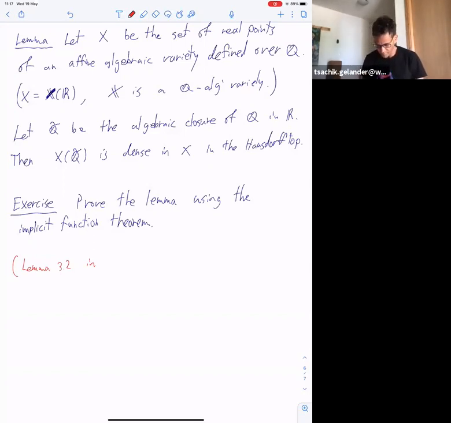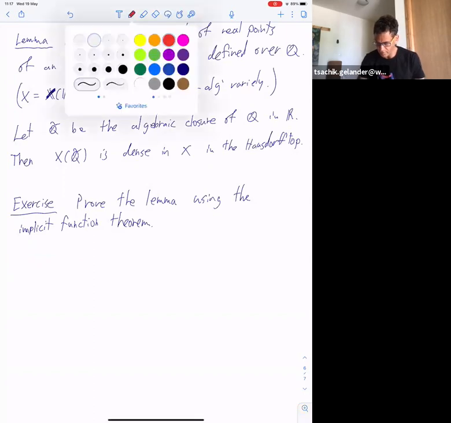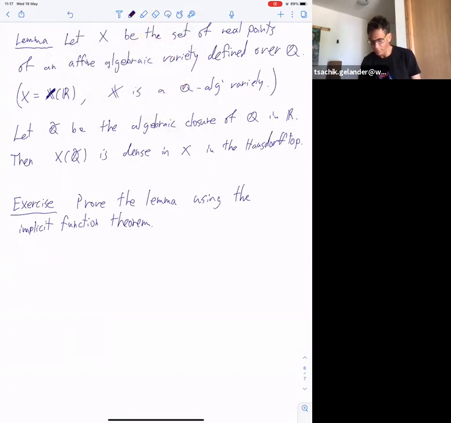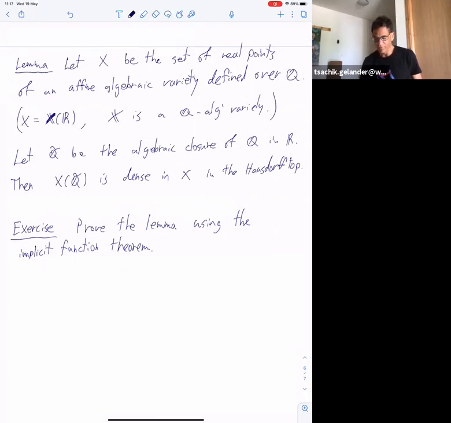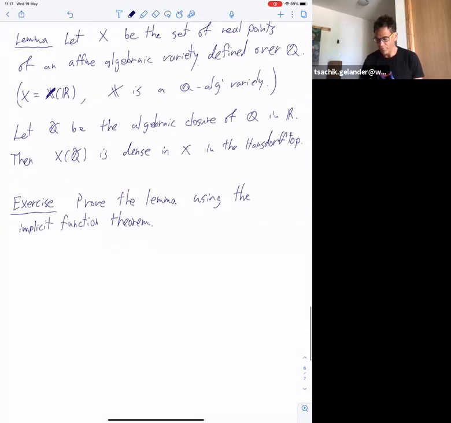So okay, you can look at lemma 3.2 in that paper, where we do it for a general local field, which is more complicated, but over R it's a few lines. So it's a nice exercise, and this is a very useful lemma, so you should be aware of it. So here is how we use it here.